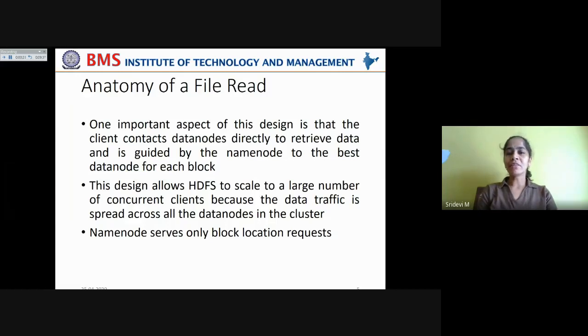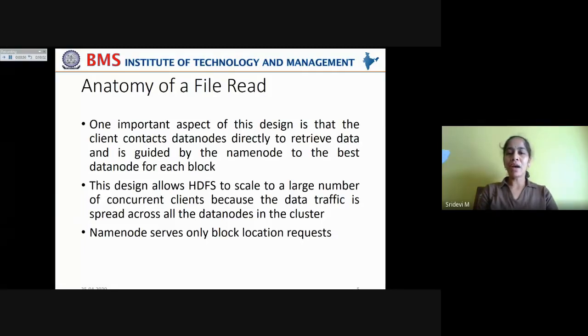This is a striking feature of this design. And this design allows HDFS to scale to a large number of concurrent clients, because the data traffic is spread across all the data nodes in the cluster. There are several data nodes in the cluster, and the reads are distributed.